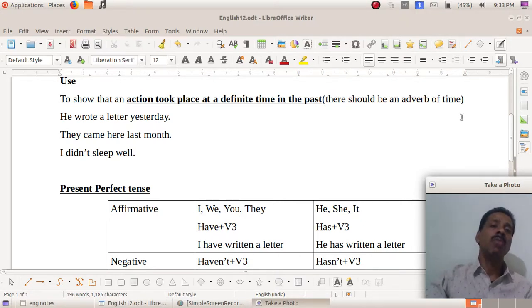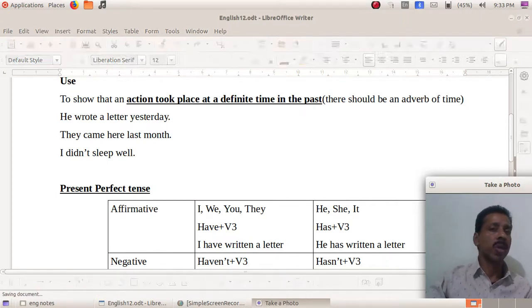And then how can we find out? How can we identify the adverb of time? In all the sentences, it will be the answer to the question when. When did you do it? When did somebody do that? So if you get an answer, that's an adverb of time, maybe at 10 o'clock, yesterday, last week,